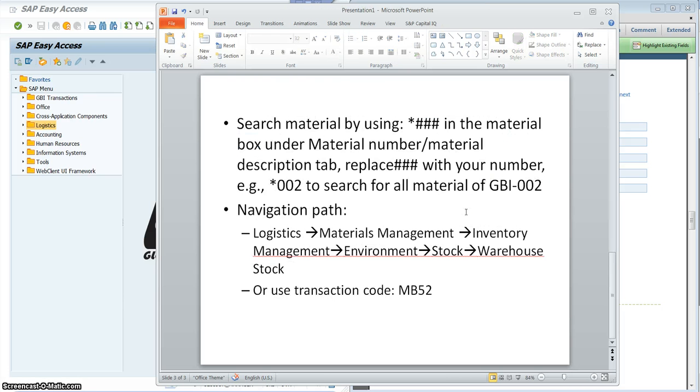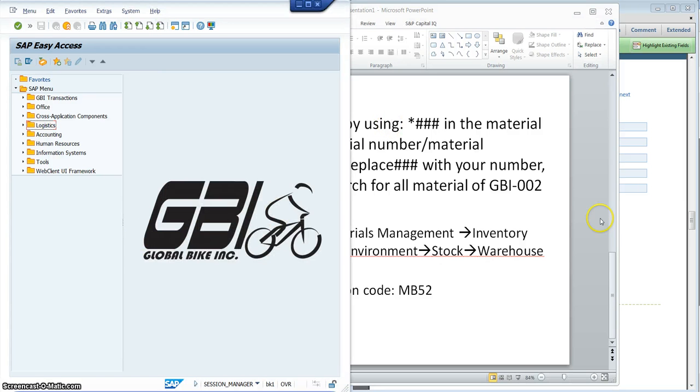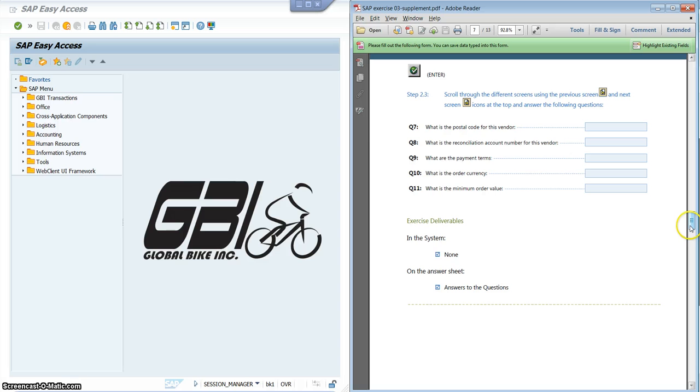What we are going to do in this video is, when you are going to review your materials inventory, you need to first search for your material. I'm going to show this, and the navigation path is here, or you can use the transaction code MB52. So we'll go to the navigation path, and then I'll show you how to search for your material. You can also find the detailed information in the SAP exercise 03 supplement PDF file I uploaded